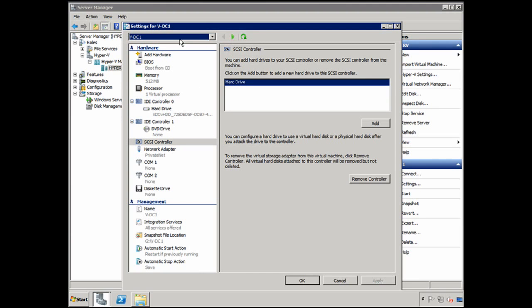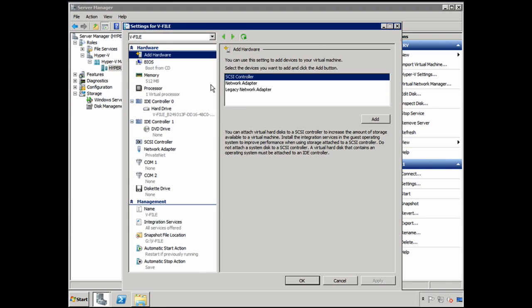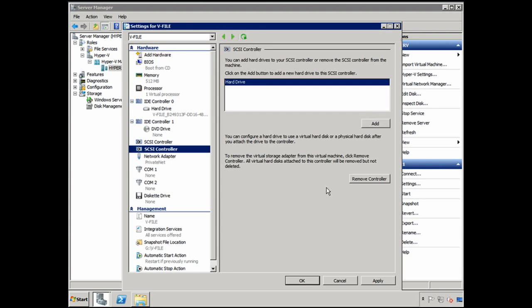Now, here's another new feature. Remember how I was telling you that we can actually alter settings quickly and easily in R2? That's what I'm going to show you how to do right now. Here is a list. This is a new thing. We didn't have this in the previous version, right? So what we're seeing is something new, and I think extremely useful as well. You see here is our list of virtual machines. So I can come over here quickly to V File, click on SCSI Controller, and Add, and Apply. And I can also use these